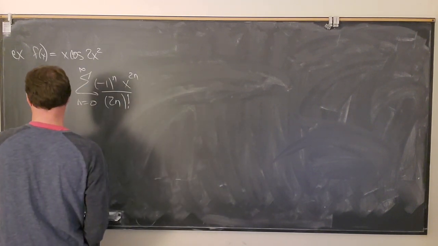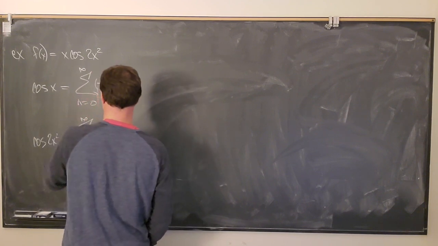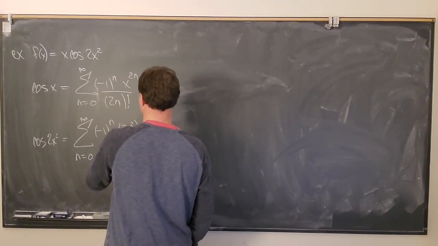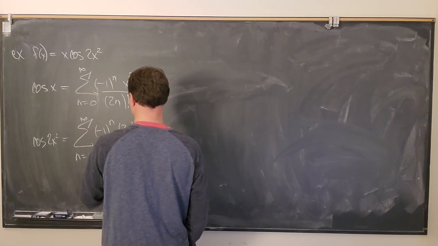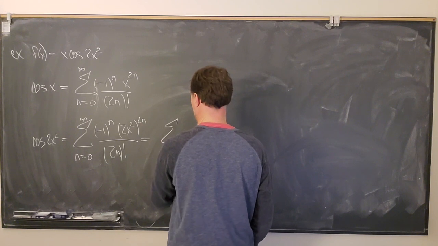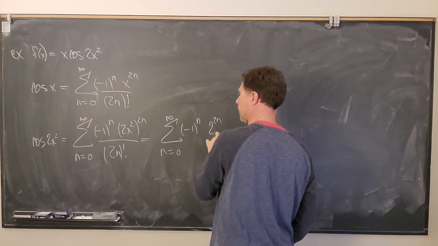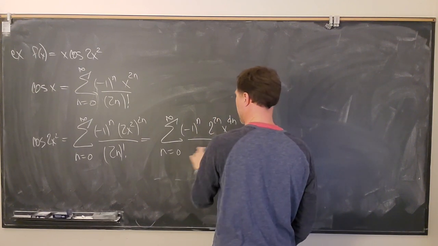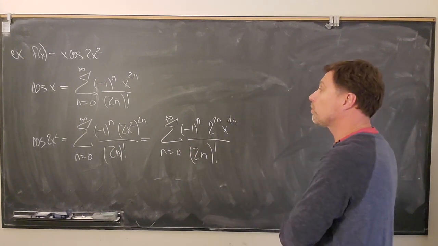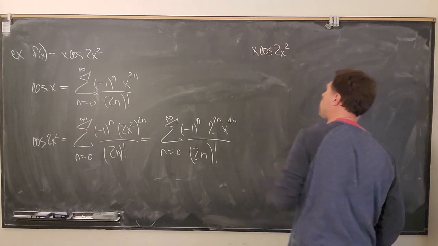So cosine of 2x squared will be 2x squared raised to the 2n divided by 2n factorial. I want to clean this up a little. So it'll be 2 to the 2n, x to the 4n divided by 2n factorial. Final step, I'm going to multiply through by x. So x cosine 2x squared